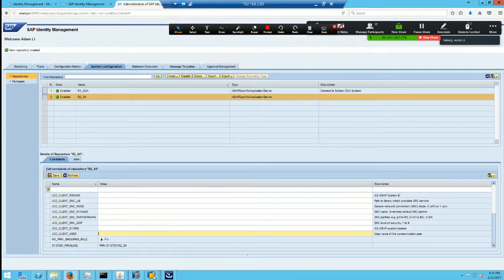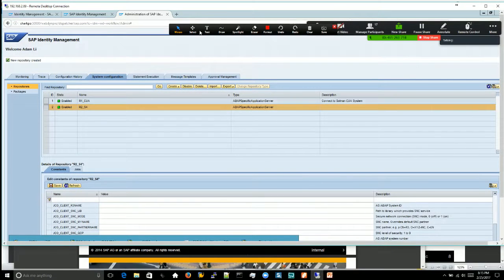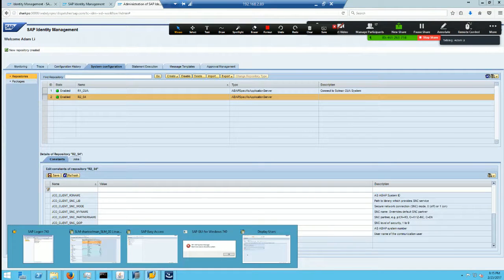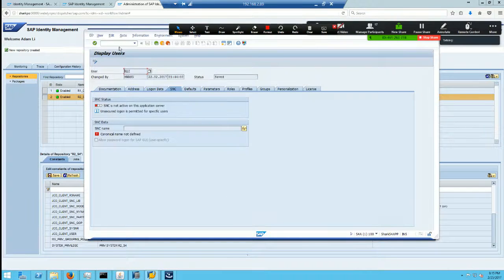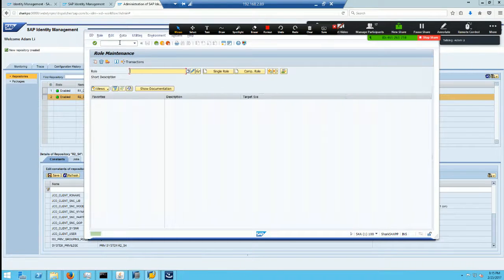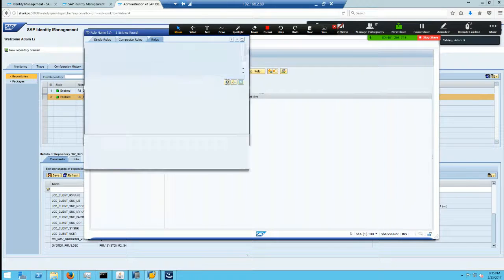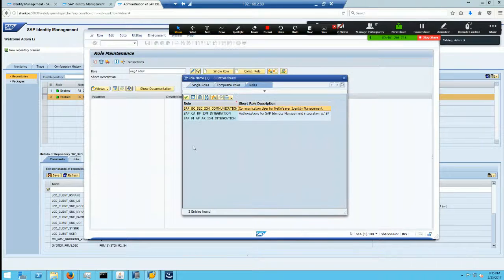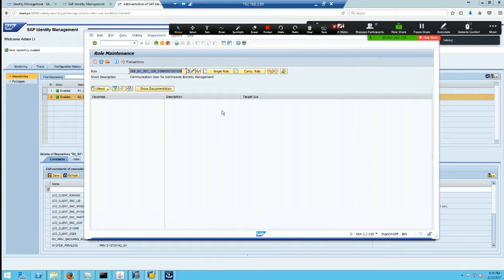What happens is that there's a standard role delivered by SAP for the IDM, for the profiles. The network speed is really an issue. In here you can find some of the roles already predefined for the IDM. SAP Star IDM. So these roles are already available for the communication users. Normally this role, SAP BC SCC IDM communication, is enough